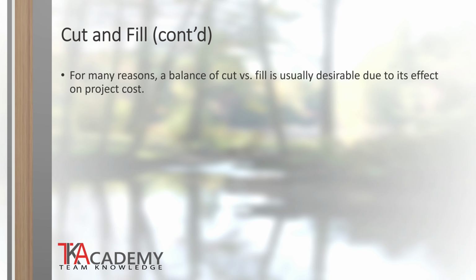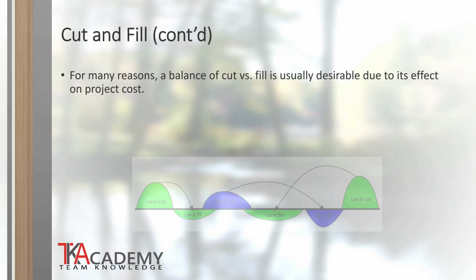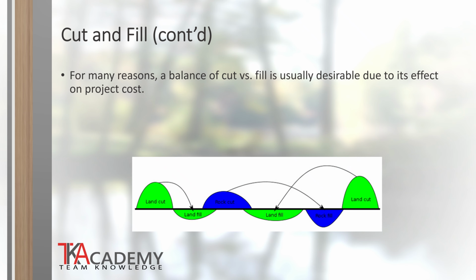For efficiency and economic reasons, the goal should be to obtain a balanced site where the amount of cut area is equal to the amount of fill. When there is more cut area than fill, there is excess soil, and the project is in an export condition in which soil must be hauled off from the site and disposed of. Vice versa, when there is more fill than cut, the project will need additional soil, and import soil from another site will be used in the project. Both conditions should be avoided as much as possible.